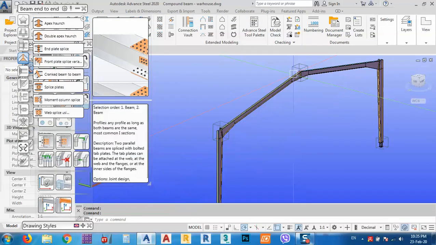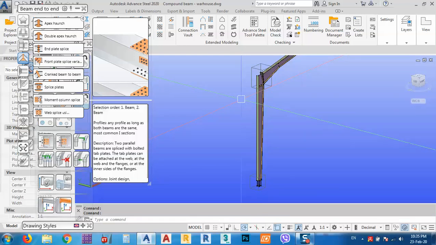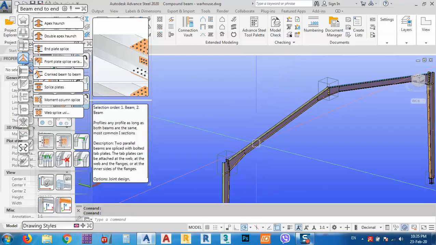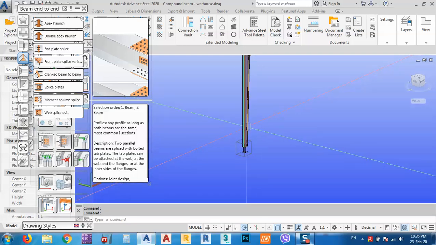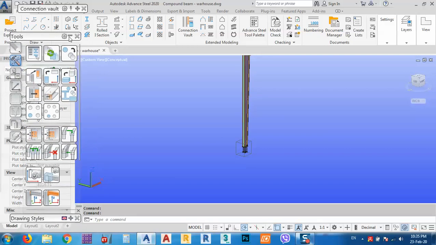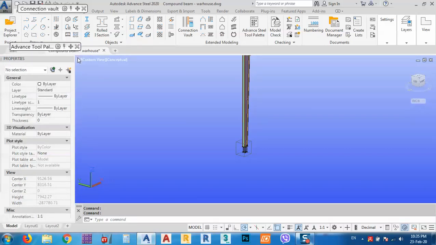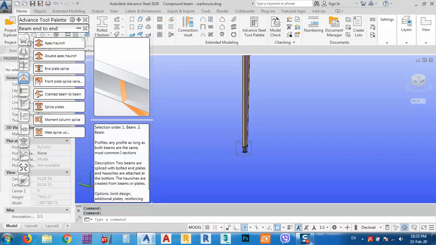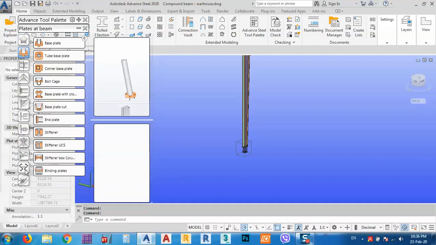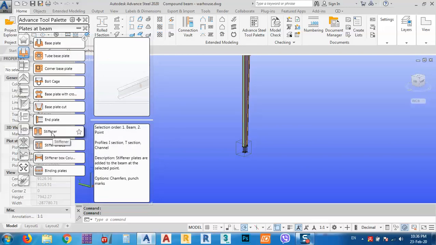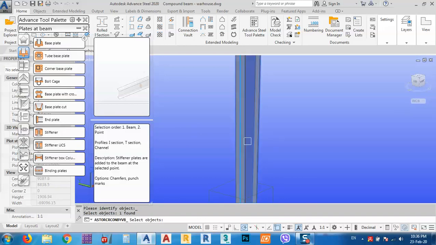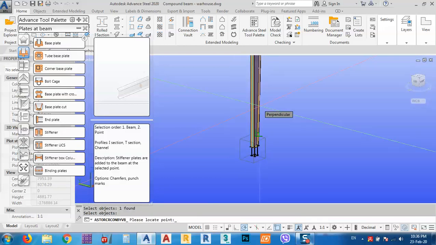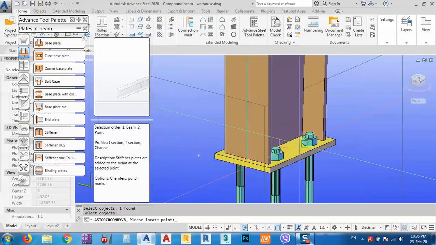So it's very good. Another cool thing is how we can put some stiffeners inside the rafter or inside the column that we have. So go to the column connection. I'll remove this one. From the connection vault, just click here. Go to somewhere which we have stiffener. I think here, yeah, for the plate and beam. We have stiffener, so just click stiffener, select the column, enter,